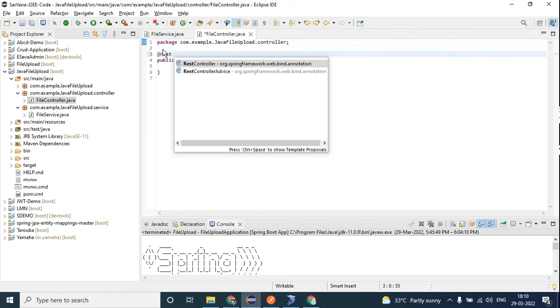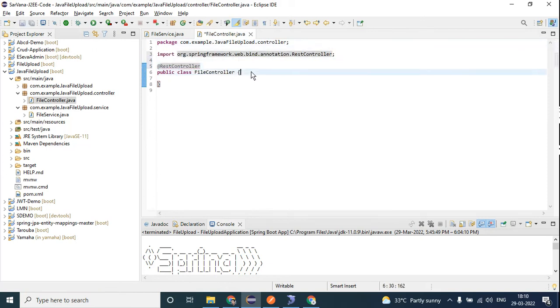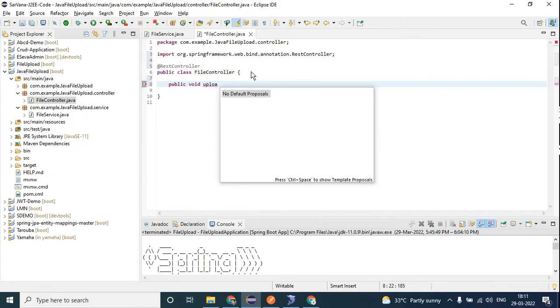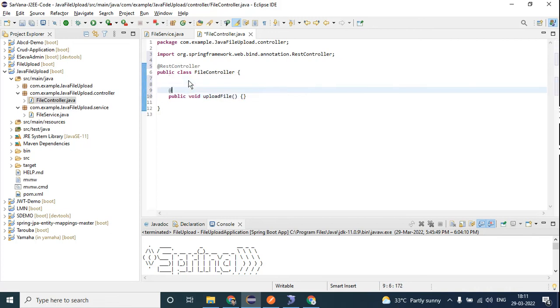And inside this, I'm going to write one method, public void uploadFile. And here at the top, I'm going to map it with PostMapping.